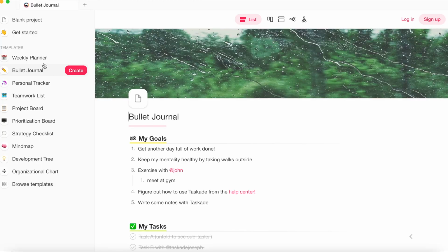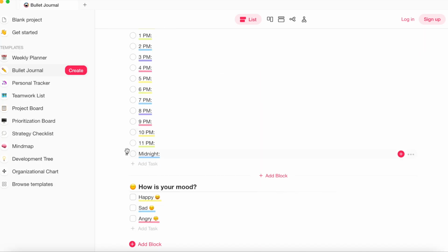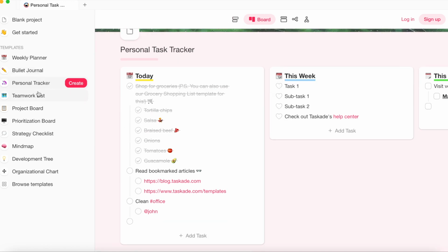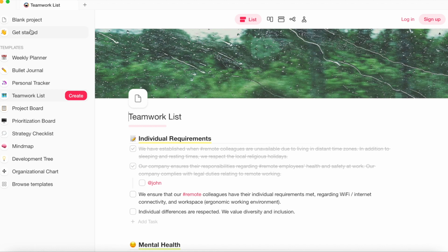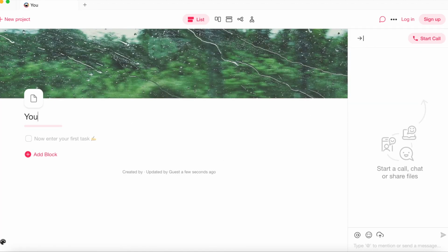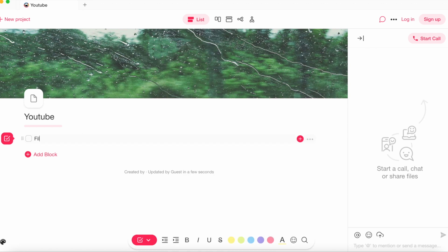So if we open up my computer right here and we go to Cascade on it, it's so cool because you have bullet journals that are already kind of pre-made for you. You have personal trackers, you have teamwork lists, all these things. So I can start a blank project and I can do YouTube, if I could type, that'd be cute. So YouTube. So my first task would be to film